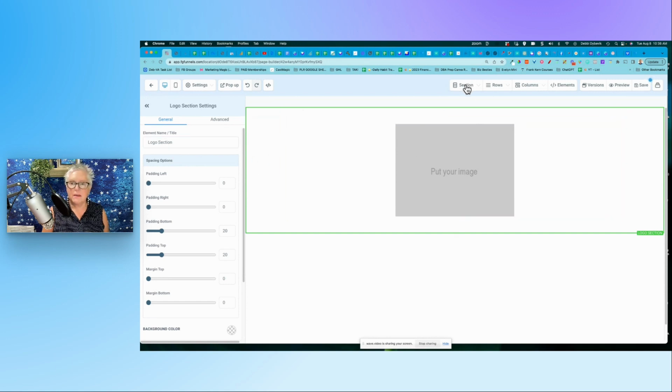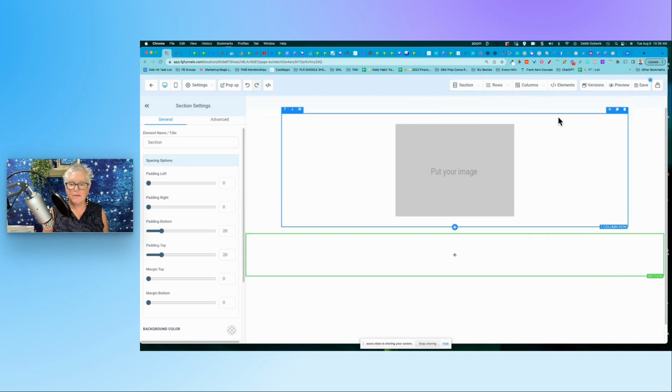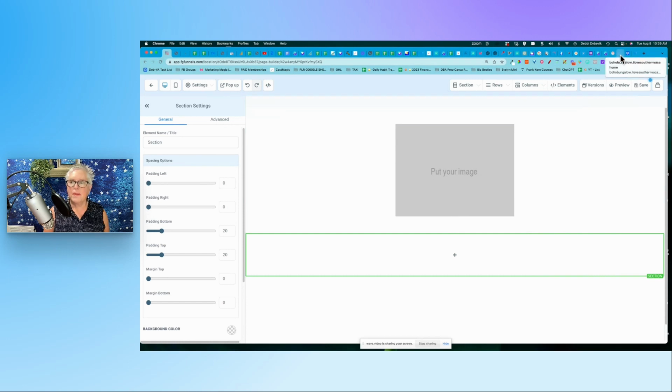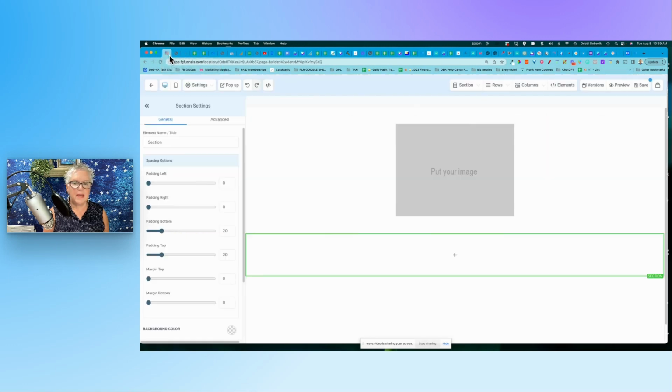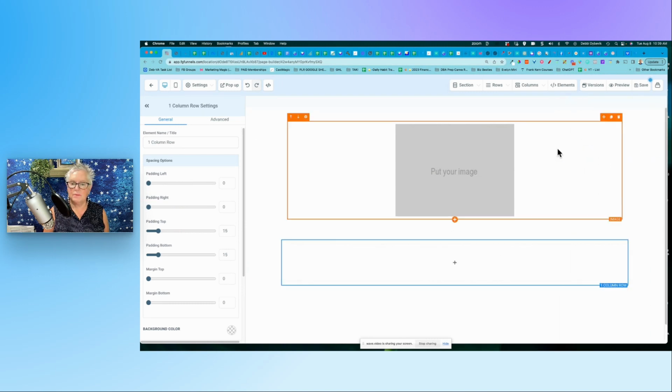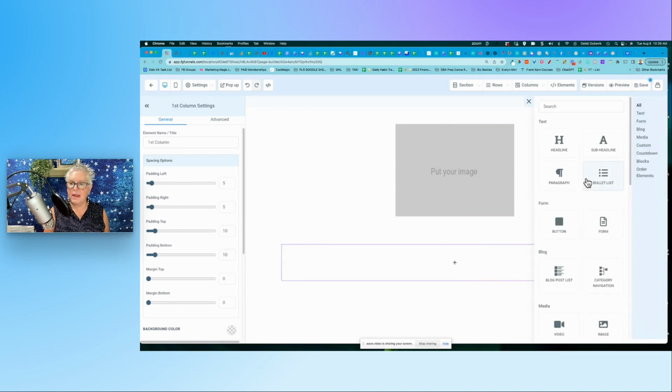All right. Now I'm going to come up here to section. I'm going to add another section. I'll keep everything full width for the minute. And let me find. So now the next one here had a background image and then the text. Okay, so big text: a headline, subheadline, and a button. So that's all we need on that. We are going to add a row, a 1-column row. We're going to add a headline,